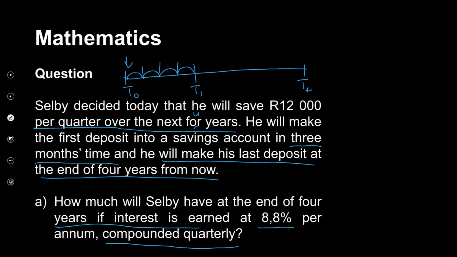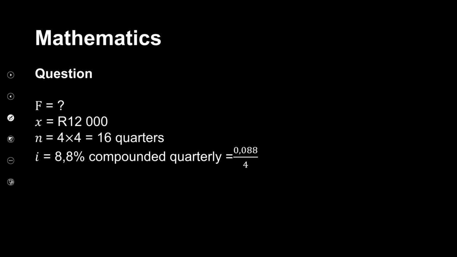Now, to look at our data, we know that Selby is making payments of 12,000, and this is for 4 years. But in 4 years, we know each year has 4 quarters, so that makes it 16 quarters, and then 8.8% compounded quarterly will be the same as